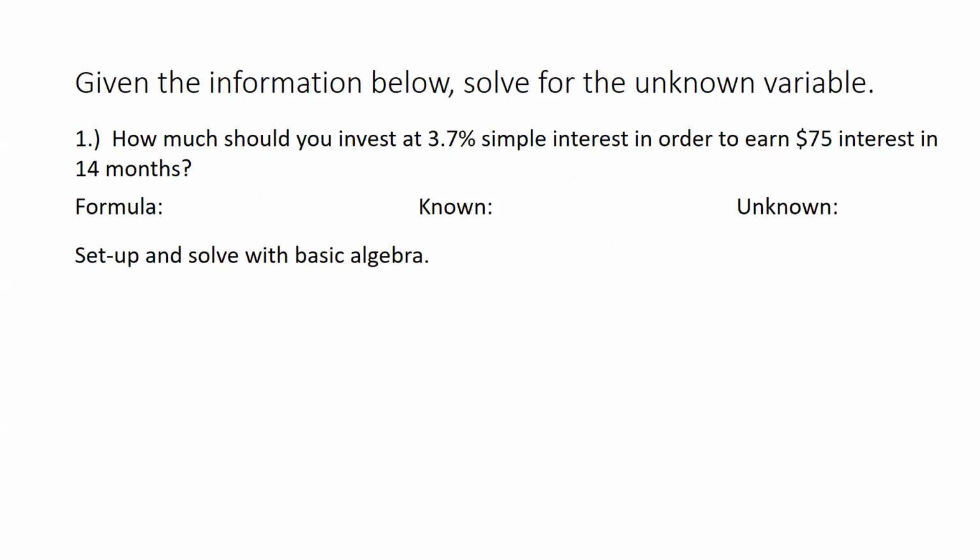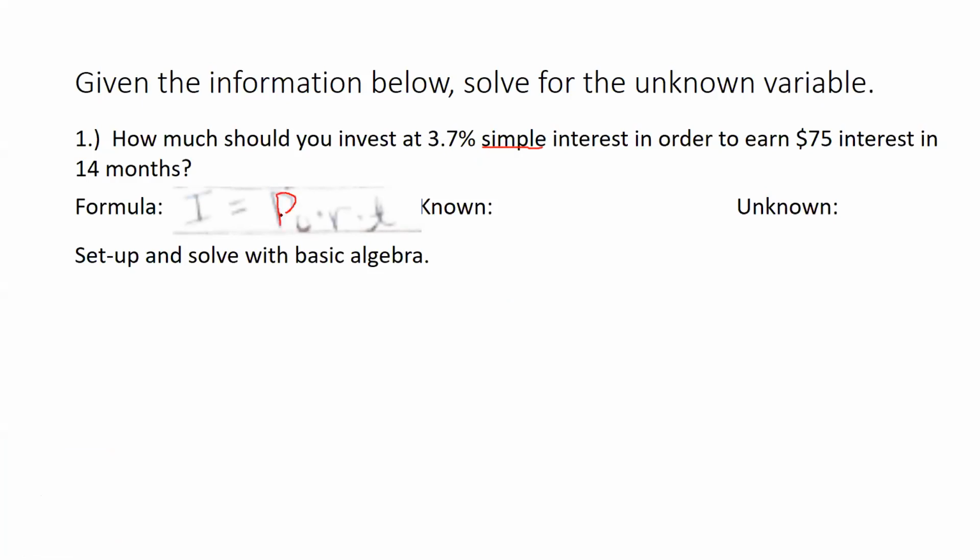How much should you invest at 3.7% simple interest in order to earn $75 in interest in 14 months? So our goal is to end up with $75 in our account. The account has a 3.7% simple interest. I want to know how much I drop into the account first. So the formula that I'm going to end up needing to use here, and what gives that away is this little word right here, simple. Since I'm looking at simple interest, I'm going to need to use the simple interest formula,